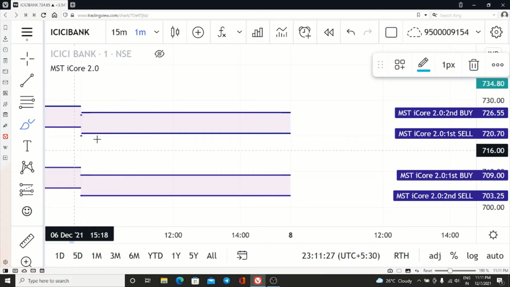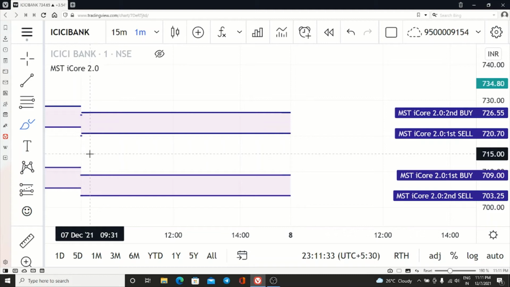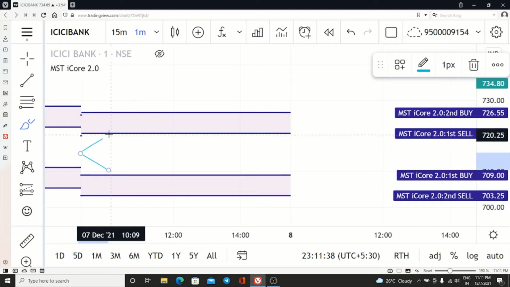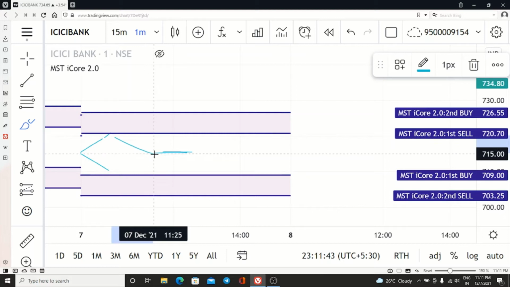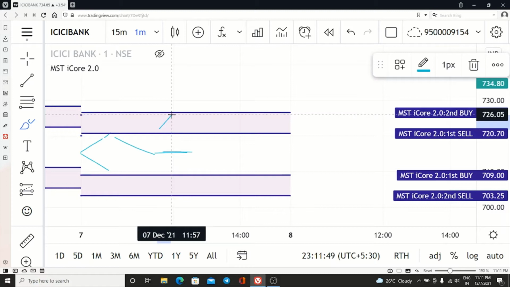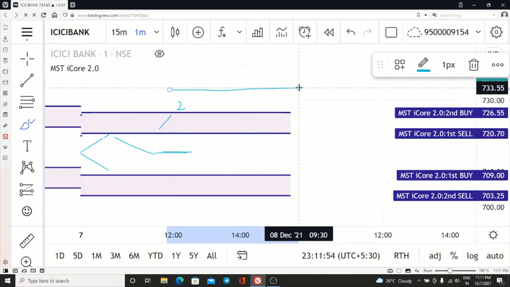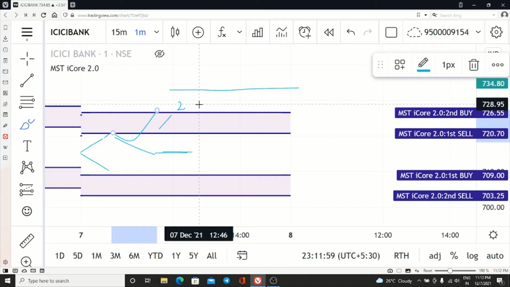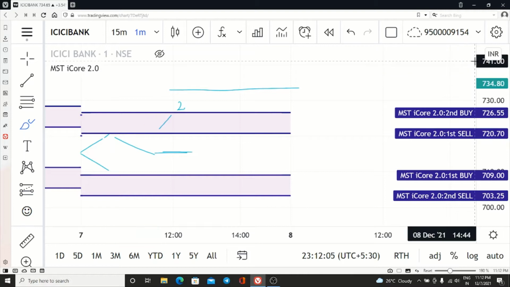Now it will look like this. The market will open anywhere in between; we don't mind about this. If the market first comes here, we will sell. If it first comes down, we will buy. Then our target will be somewhere here. If the target is met, our trading is over. Otherwise, if SL is met here, then we have to take a double lot for the target here. Why two lots? One lot is to recover our loss and one lot is for making the profit for the day. Once again I'm repeating, this statement is very important.